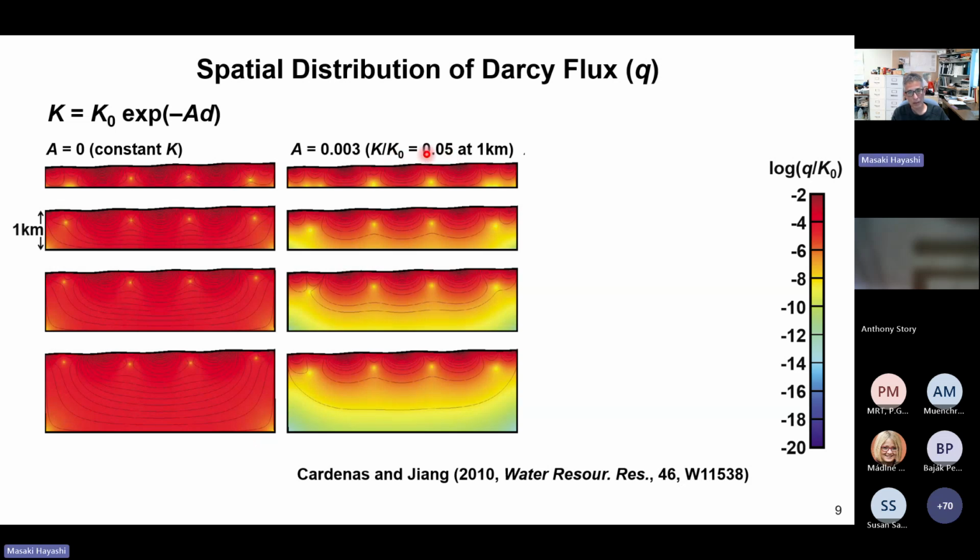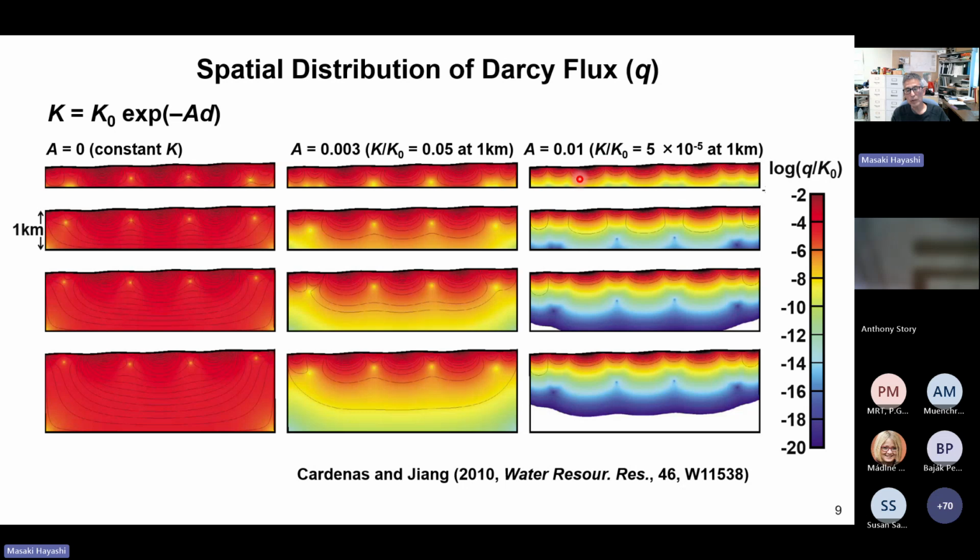And then the hydraulic conductivity decreases to 0.05 of surface value at 1 kilometer here. So now the value near the bottom drops to 10 to minus 8. So this is basically negligible. And then going to even higher contrast, conductivity is 4 orders of magnitude smaller at 1 kilometer. Then the only part that flow is still active is near the surface. So this is another demonstration that the exponential decay of hydraulic conductivity really focuses the flow in the local flow